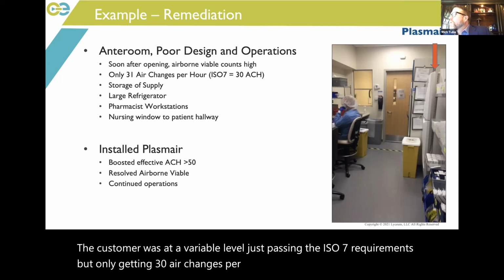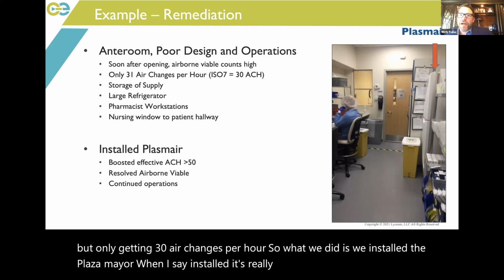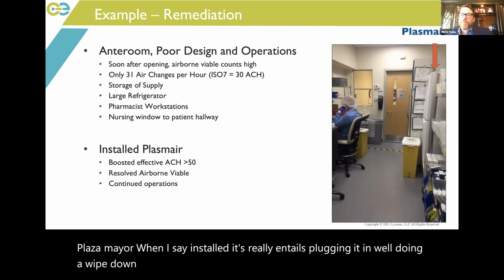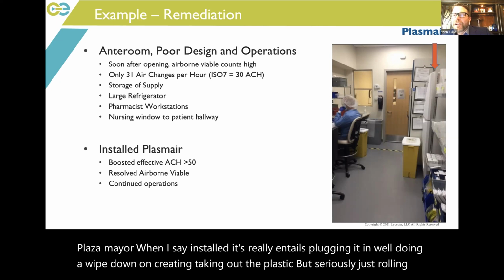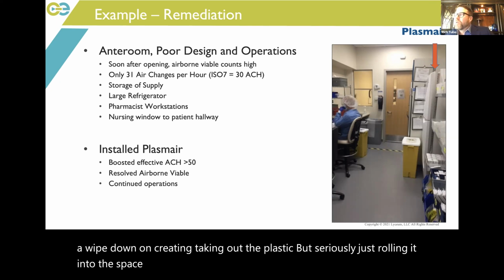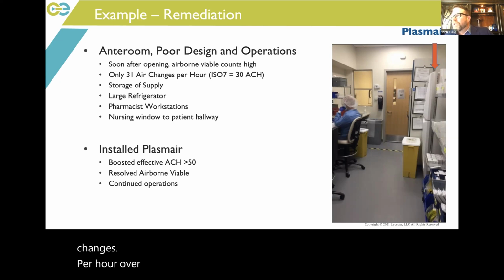So what we did is we installed the Plasmair. When I say installed, it really entails plugging it in, doing a wipe down on crating, taking out the plastic, but seriously, just rolling it into the space, plugging it in, and then it boosted the effective air changes per hour to over 50. And so they were able to continue operations,